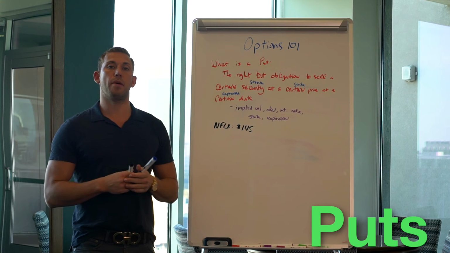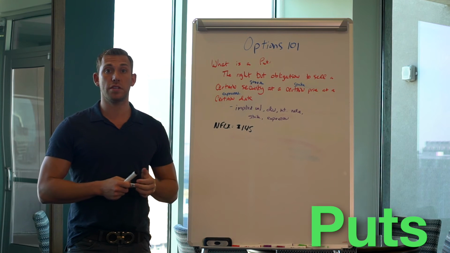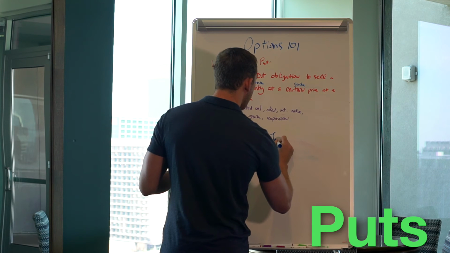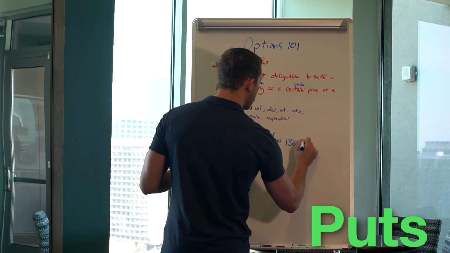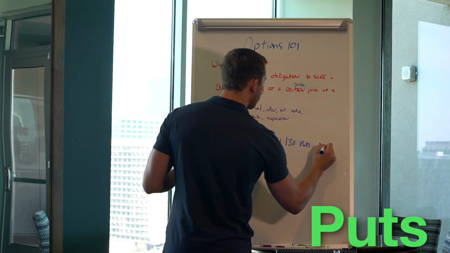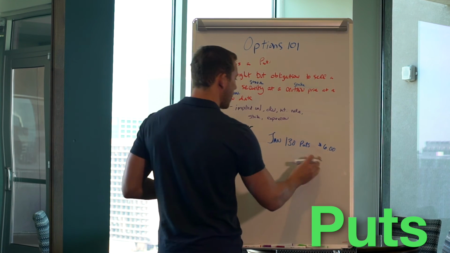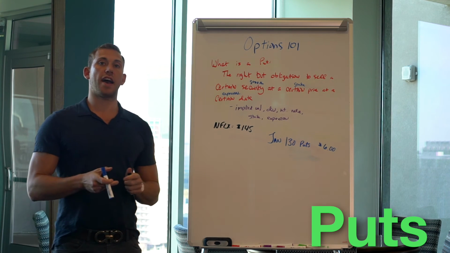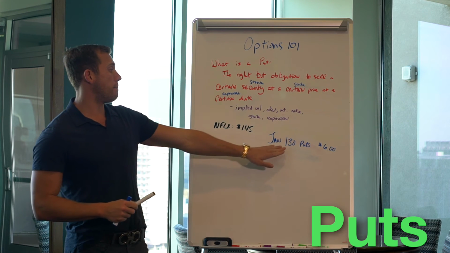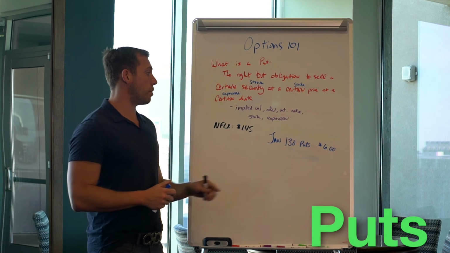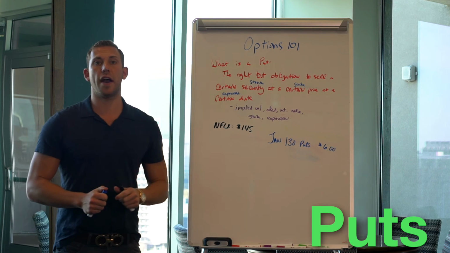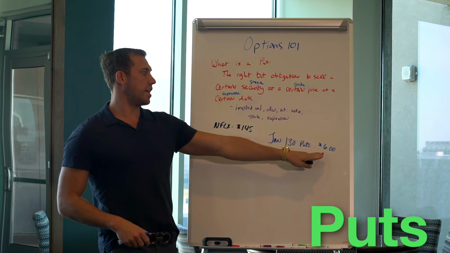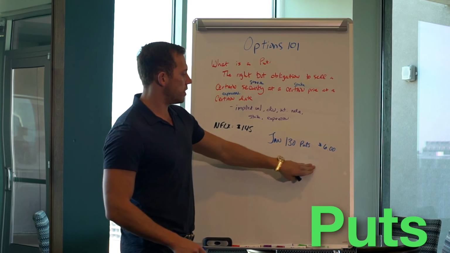When you short a stock, in theory, this could go to 180, 200, 250. So maybe if I want to take a bearish stance on Netflix, I could buy a put instead of shorting the stock. So let's say I wanted to buy the January 130 puts. We'll call those $6. I'm just kind of making this up. So instead of shorting the stock at 140, where I have unlimited risk, I could buy the January 130 puts for $6. This gives me the right, but not obligation, to sell Netflix at 130 between now and expiration for $6.